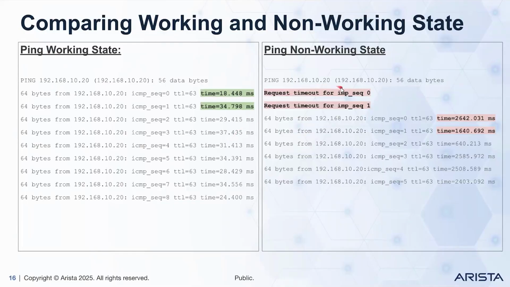But during the issue state, what we observed were a couple of timeouts initially, and finally, when there was a response being received, the time taken was around 2600 milliseconds or 2.6 seconds. This is well beyond normal operating threshold, and it clearly aligns with the teacher's observation. The upload was projected to take over 3 hours as the application itself was struggling to complete data transfer in a timely manner. Now, this evidence suggests that there was some kind of latency somewhere in the network path which could be causing this issue.